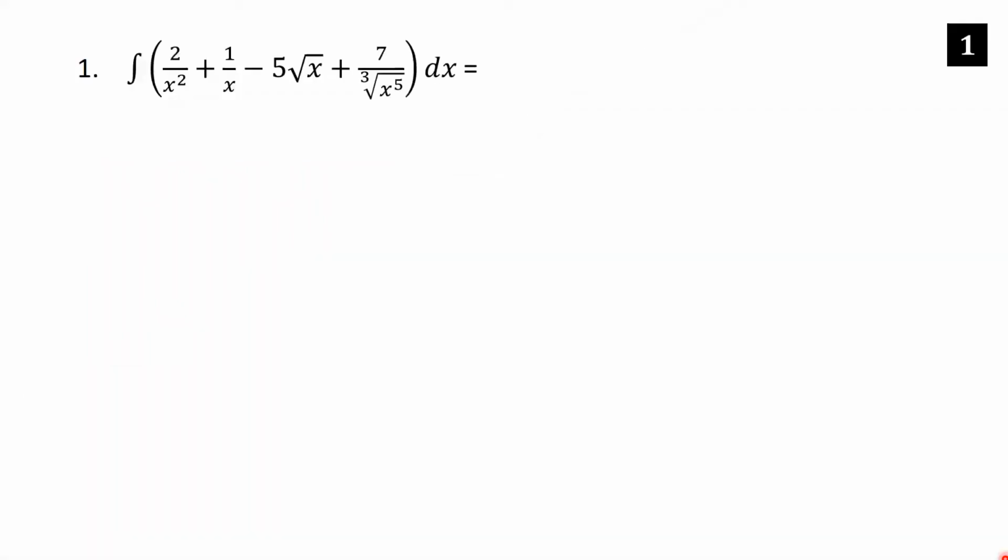The integral of 2 over x squared plus 1 over x minus 5 root x plus 7 over the cube root of x to the fifth dx. Let's start by just rewriting this expression inside of the integral so that it's easier to integrate, mostly using power rules. All right, so first of all, the 1 over x squared, we could move this to the numerator or